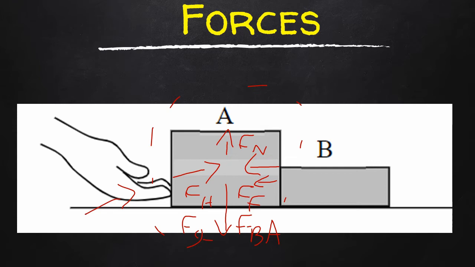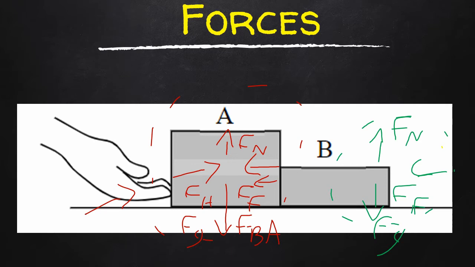So we have done the free body diagram for A, we now have to do the same thing for B. And to make this a little bit nicer, I'm going to shift it slightly so it's not on center with block B. So automatically we know the force of gravity is also pointing down, and there's once again a normal force. Those are going to be different from the force of gravity on A, but we'll just leave it like this for now. There is also a friction force, which is pushing B back,